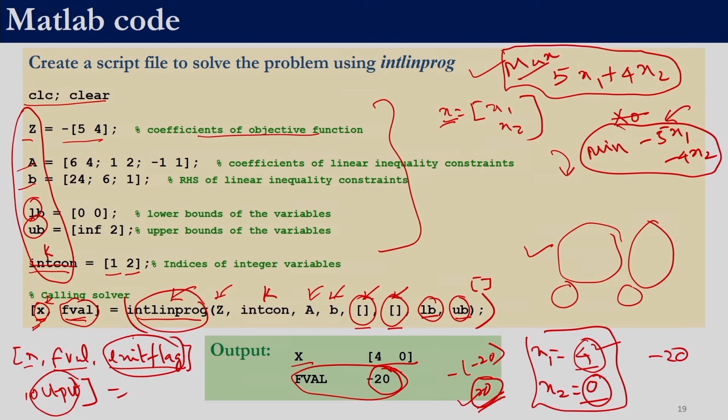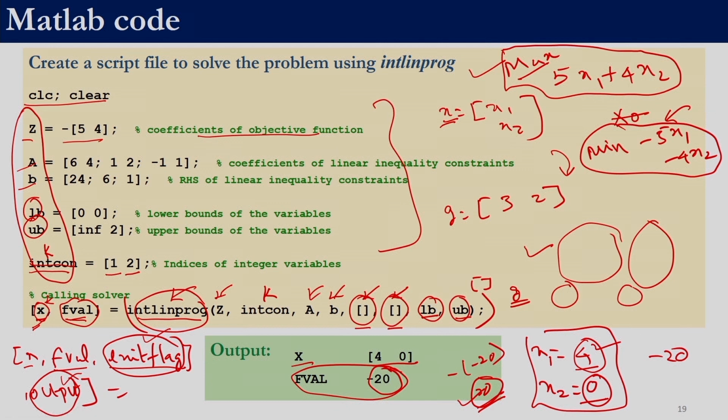So we leave it to you to explore what the exit flag is and what information you get from output. For this problem, let us say we had an initial guess of 3 comma 2. Then we could have said g is equal to 3 and 2, and over here we could have given lb comma ub comma g, right? So this way you can use intlinprog to solve a mixed integer linear programming problem.